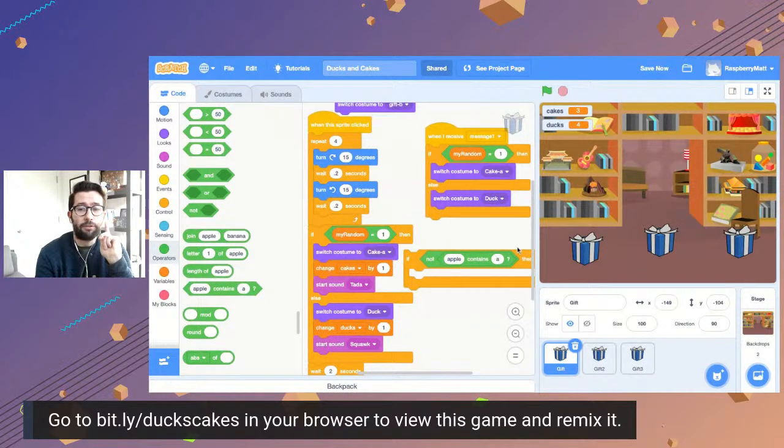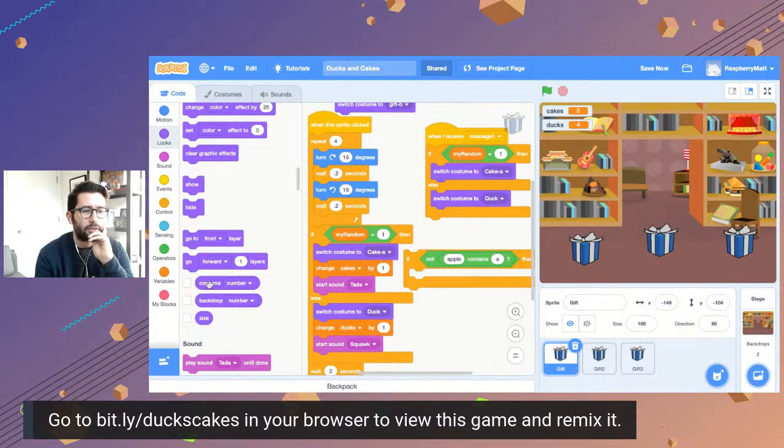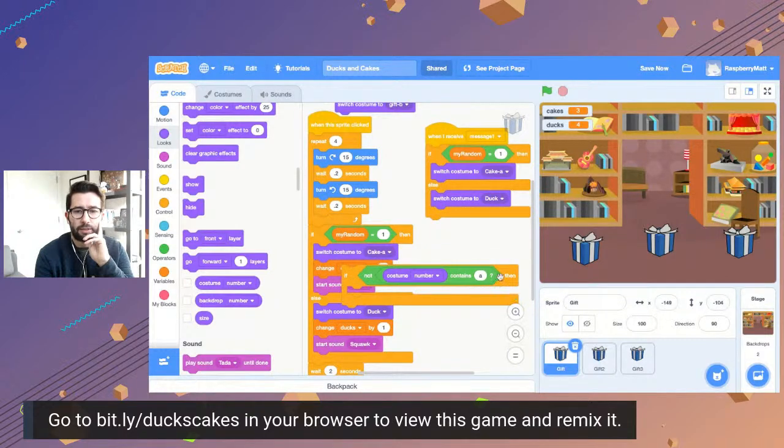I'm trying this out for the first time now. We'll see if this works. Hey, if it doesn't work, we'll call it a day. So if, and then we want to go to looks. If there's any Scratch experts watching, let me know if you think I'm doing this right. If costume number contains